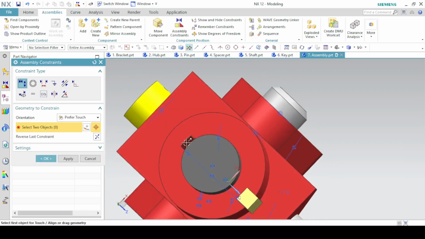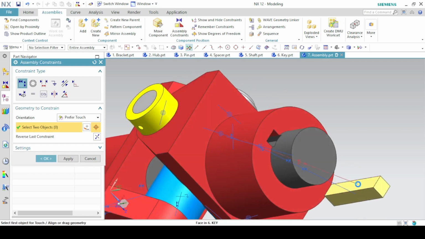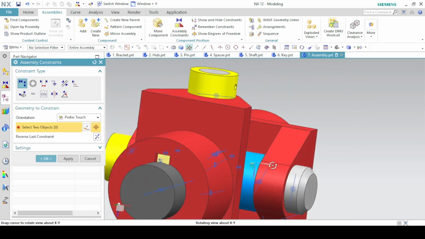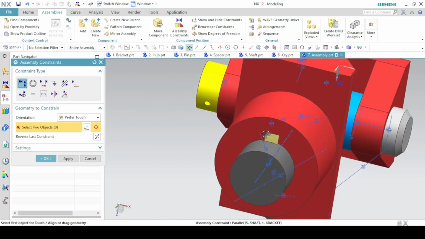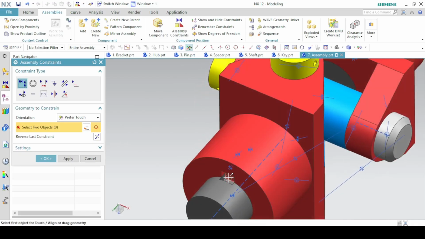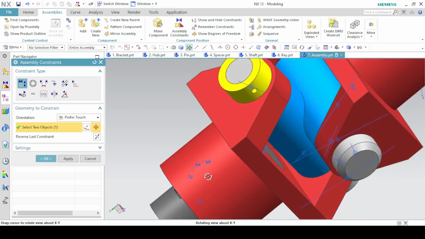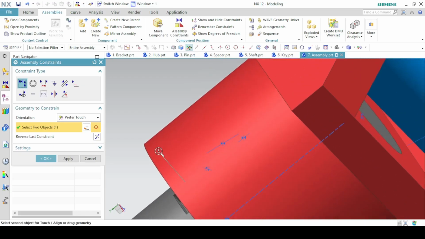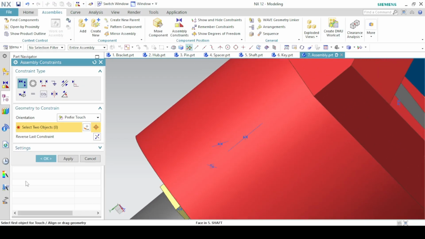Now the top here should touch the top of the key. Now move the key inside. You want to make sure that this face also touches this tiny face here. Okay,